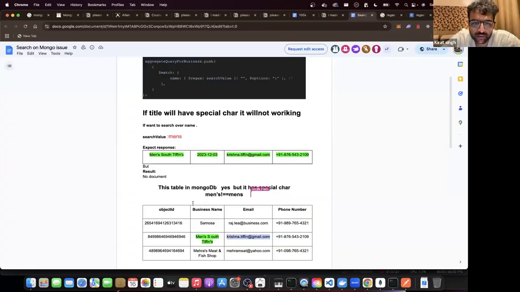Abhi. Men's is not equal to men's. Oh, अब समझ आया. You want to do similarity search. आप कह रहे हो बंदा तो यहाँ मेन सर्च करेगा. You want कि ये वाली वो आ जाए. हाँ. This is very difficult.